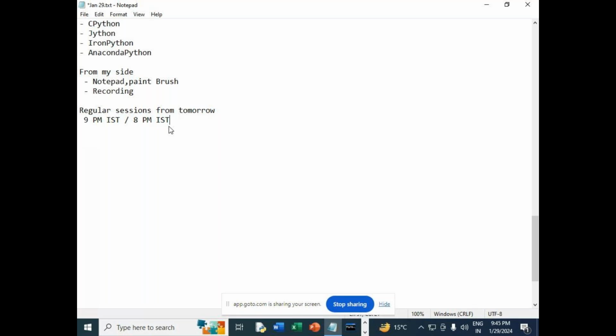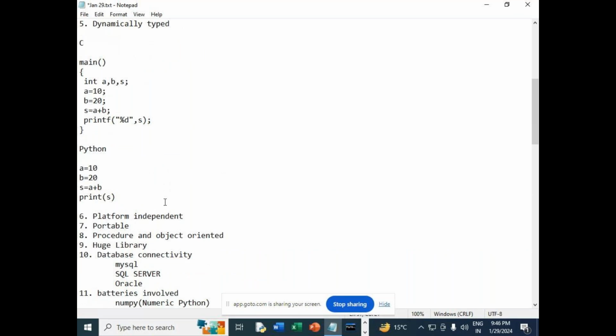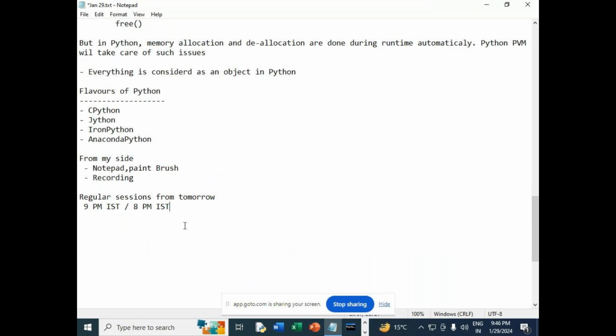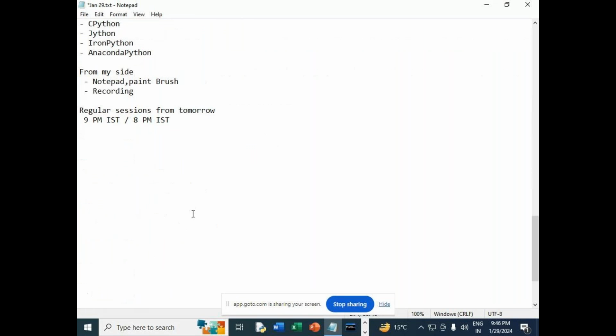So, guys, see, from tomorrow onwards, I will go for 8 p.m. India time, instead of 9 p.m. India time. And see, the daily session that I will conduct is 55 to 60 minutes. At least 1 hour you need to target. Each and every session, whatever session we are going to conduct, 55 to 60 minutes each and every session. And from tomorrow onwards, when we start with the regular sessions, so in Python,